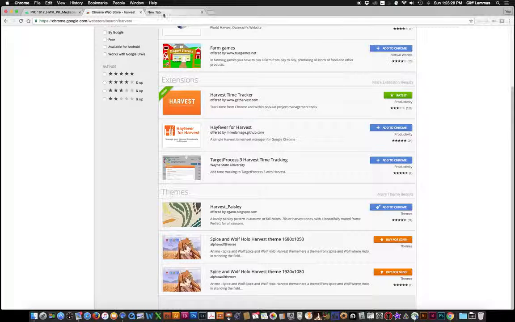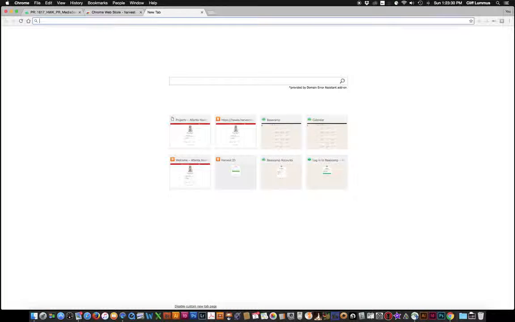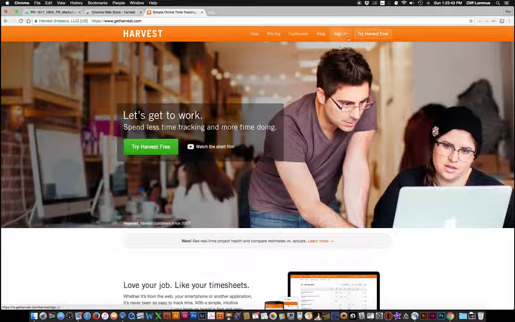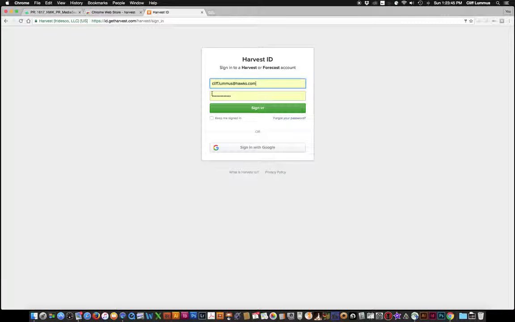So once you're good there, go into harvestapp.com. If you haven't already accepted the invite that I believe Shirley would have sent out, be sure to accept that. Just register, create your account, and then when you go in, just sign in. I kept the same username and password that I used for Basecamp just to keep it simple in my head, but of course do whatever you'd like. So once you get signed in,